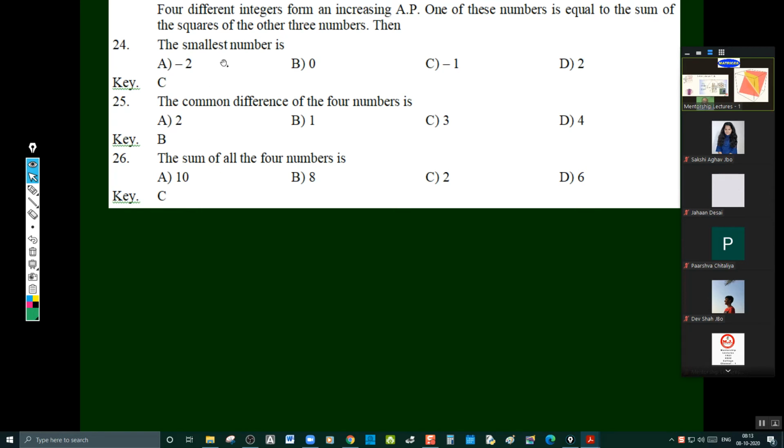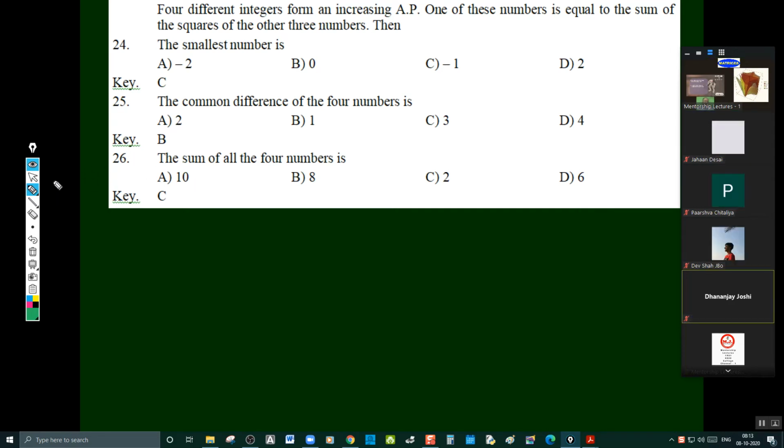Four different integers form an increasing AP. One of these numbers is equal to the sum of the squares of the other three numbers. Then the smallest number is... Okay. So here, it is clearly given that